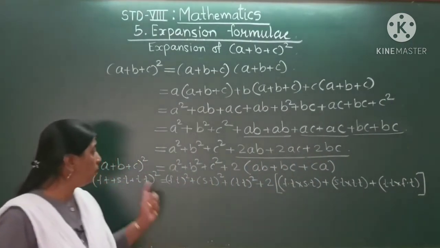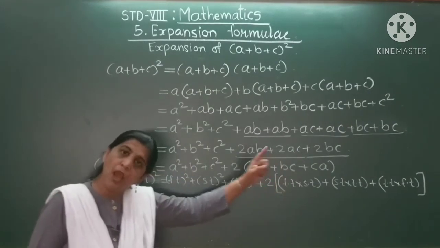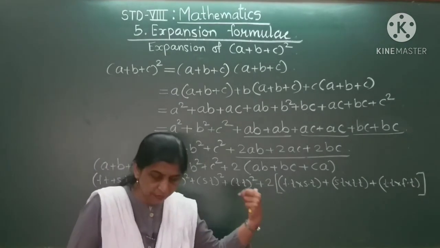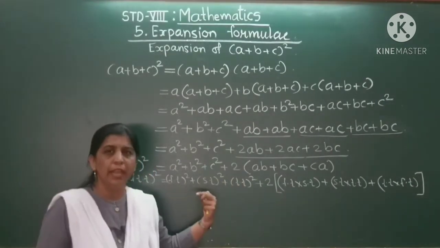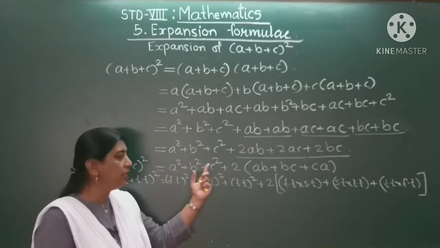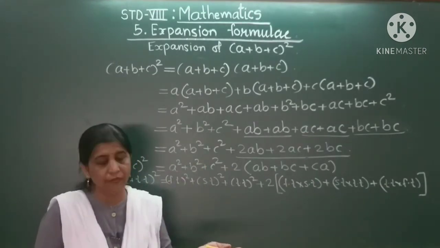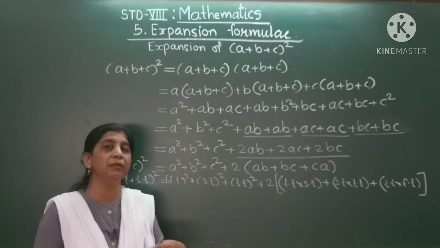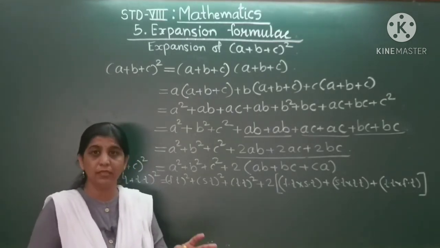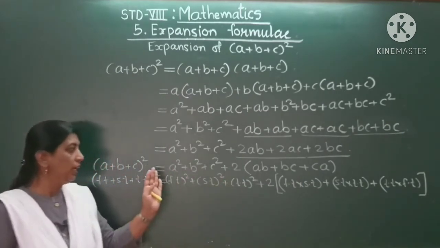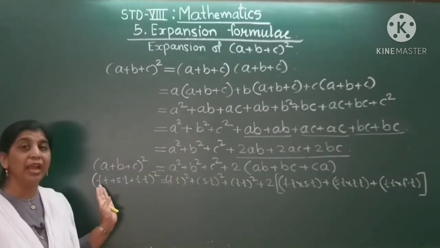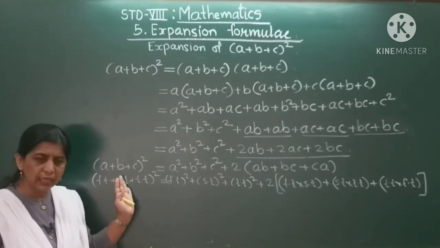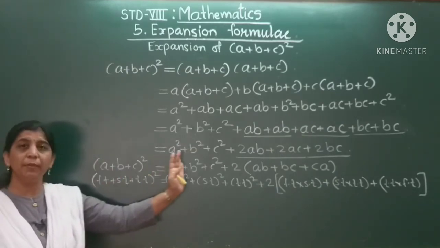You can remember the formula either in this form with ABC, or you can remember the formula with the terms. Whenever you remember the formula with the terms, it becomes easy, because many times A, B, C are used as coefficients, variables also, like 2A plus 3B plus C. So it becomes a little difficult or we get disturbed. So instead of that, try to remember the formula as terms. See, there are 3 terms: first term, second term, third term. How will I remember the formula now?